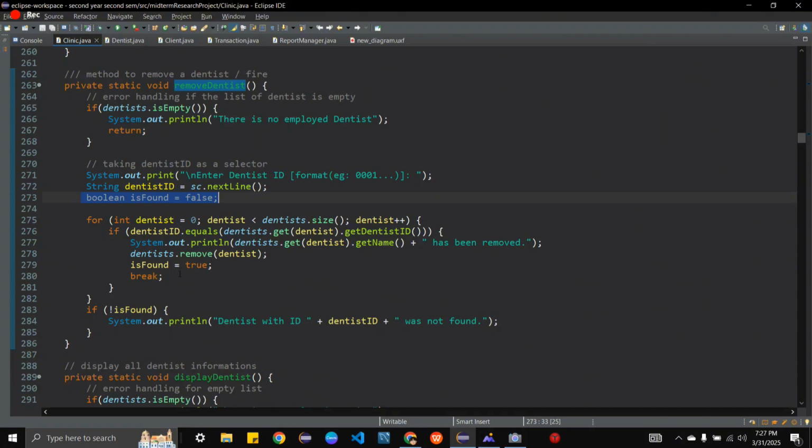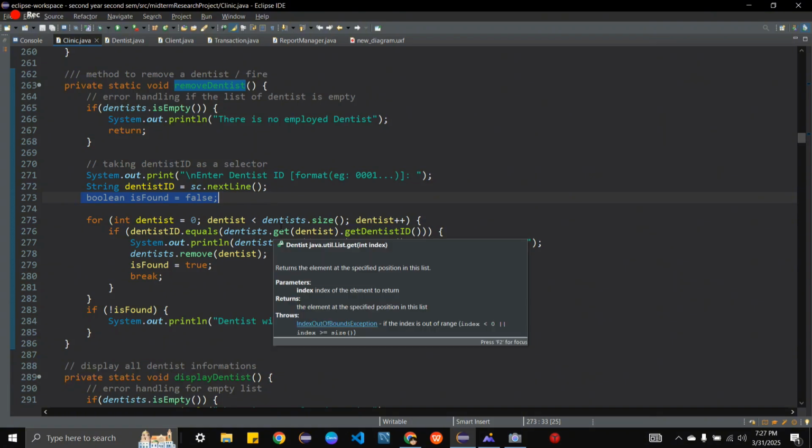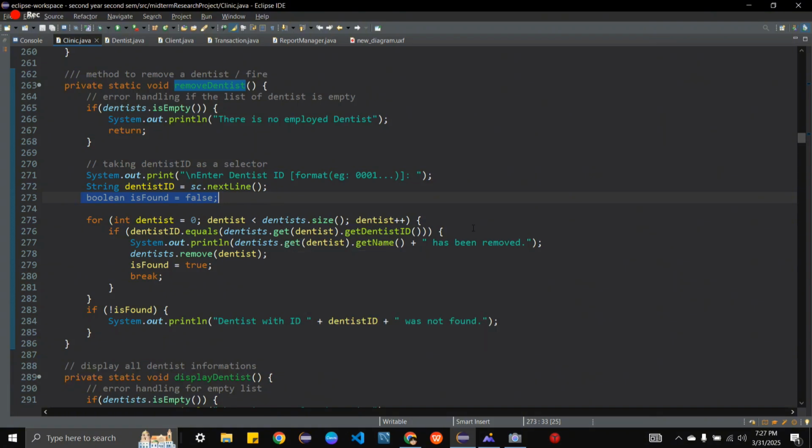So we have used a for loop in order to traverse the entire list of dentists so that the dentist ID, which is specified by the user, will be found once this program is executed. Now, if the dentist ID inputted by the manager is equivalent to a recorded dentist ID, immediately we will remove it. So using this block of code, dentist.remove is a method of a list.